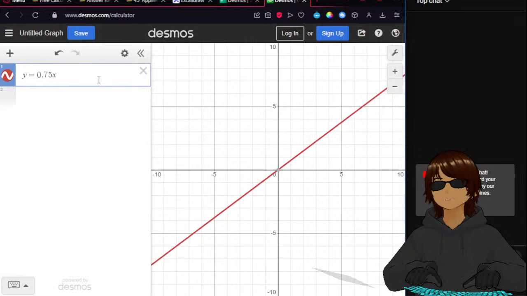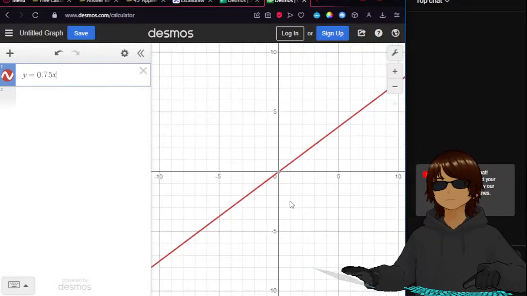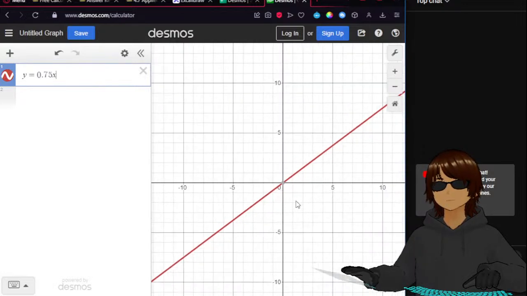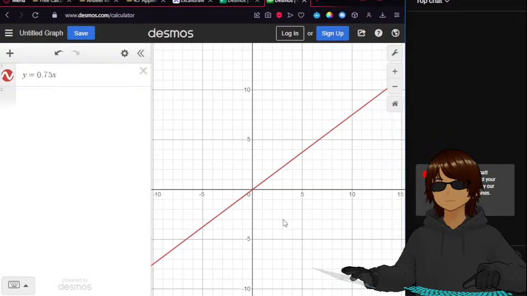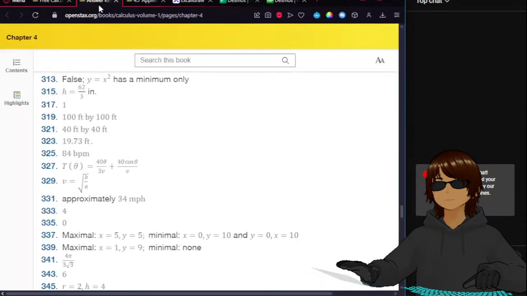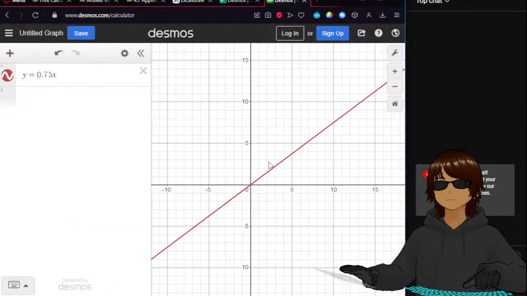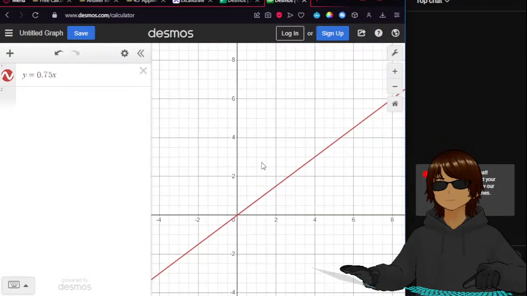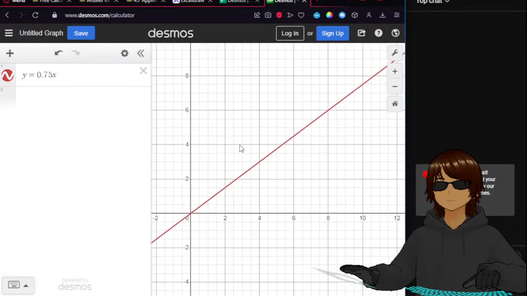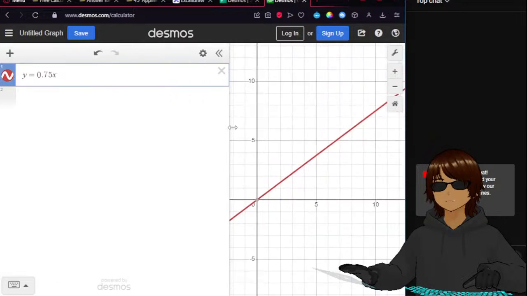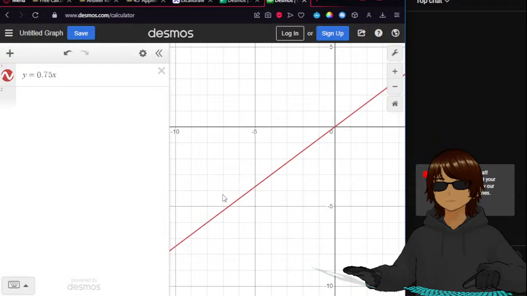Why is it in that direction? It says 19.73 feet. That's the answer. 6 and 8. And then